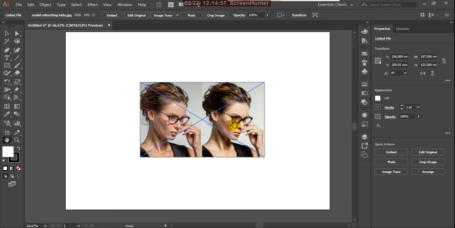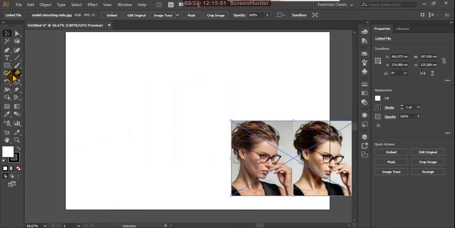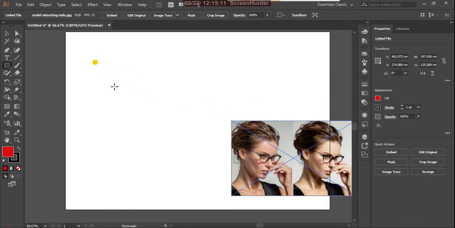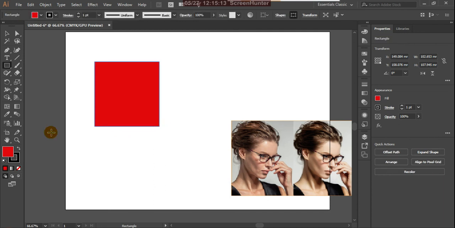Okay, here what we are doing, it is telling draw normal. So you can draw normally, and here draw behind.